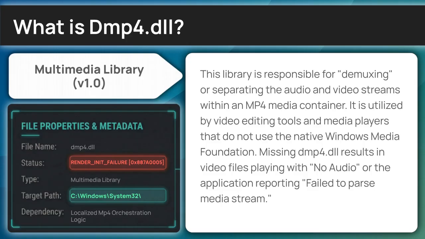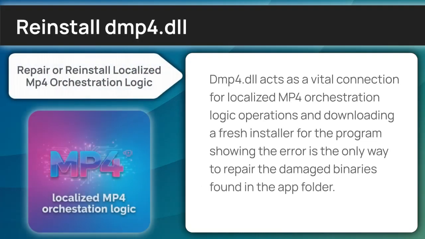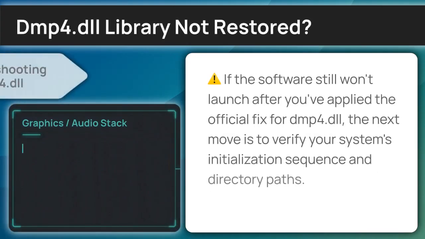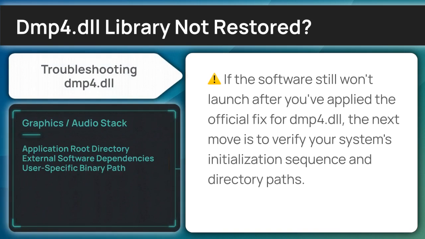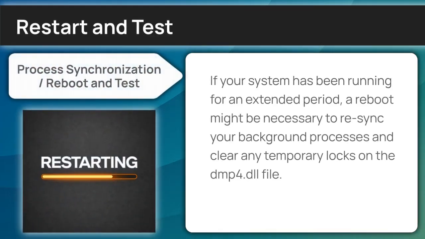Now let's dive into the solution, starting with a standard reinstallation. dmp4 acts as a vital connection for localized MP4 orchestration logic operations, and downloading a fresh installer for the program showing the error is the only way to repair the damaged binaries found in the app folder. If the error persists despite the new library files, we must verify if a simple synchronization conflict is preventing the file from loading. A standard restart allows the Windows bootloader to rescan your system directories and potentially recognize an unregistered